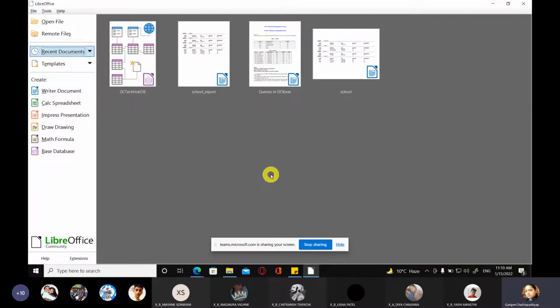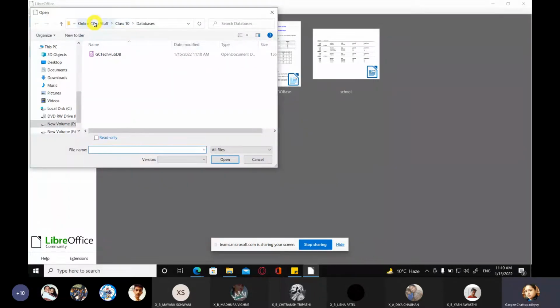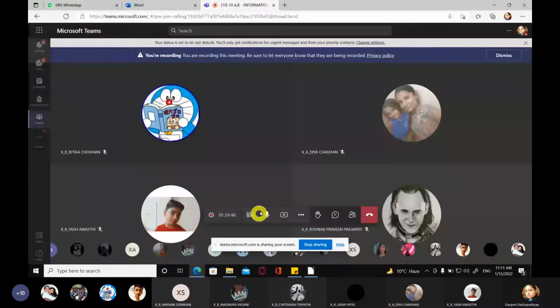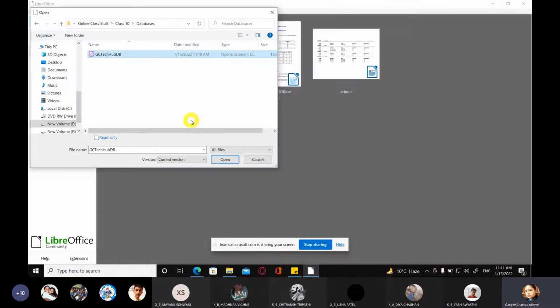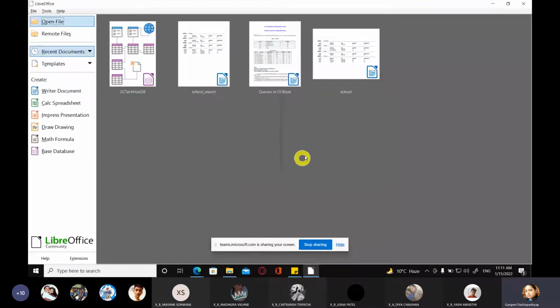So I've opened LibreOffice, and from here you can go to open file, and the folder where you have saved your databases. Normally I save all my databases in the databases folder here. So I will be clicking on this. Yes, so I'm going to click on open.